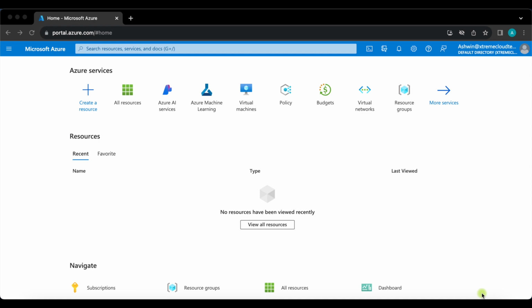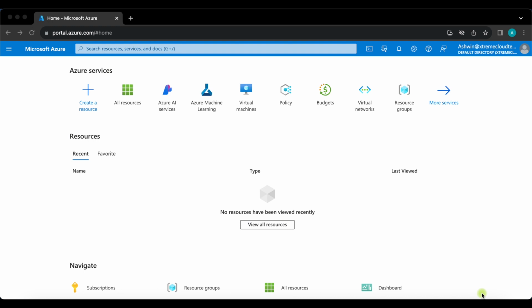Imagine you have provisioned your virtual machine, but you don't want to assign a public IP address to it, or you don't want a VPN connection just to access the virtual machine. So, instead of assigning a public IP address, downloading the RDP file and then connecting to the virtual machine, or having a point-to-site VPN just to connect to the virtual machine,